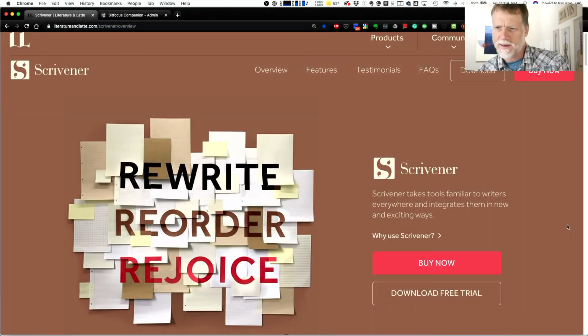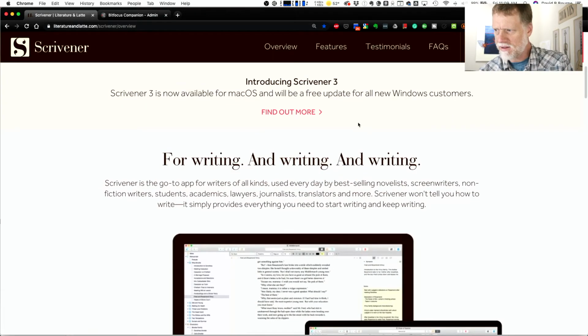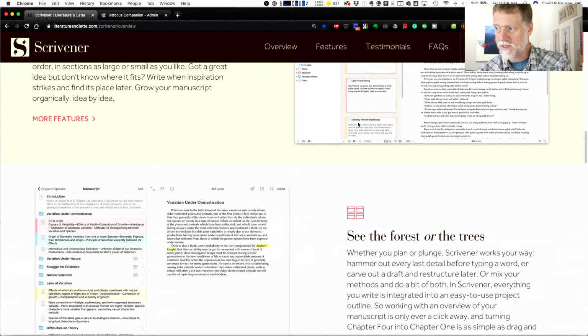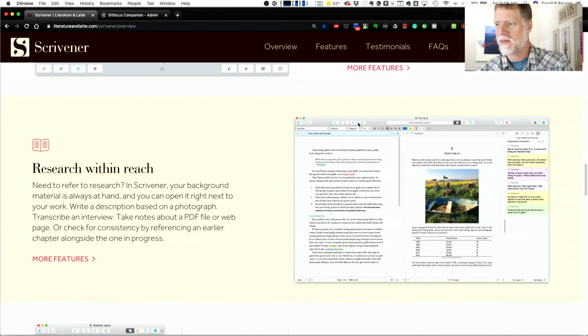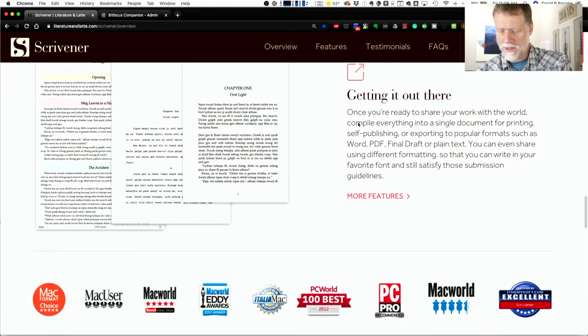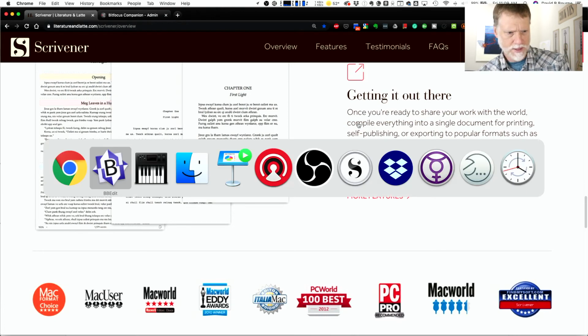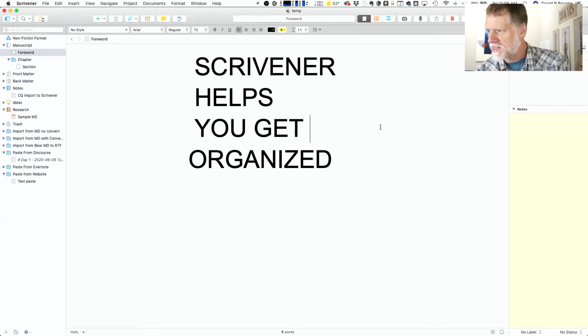So Scrivener, whenever you look into it, you're going to have to ask yourself, is it really worth the effort to go and learn all this? It is such a complex program, but it really does have so many features that authors need. So if you're writing a book, it is a really good choice. And like I said from the very beginning, the reason is that it helps you stay organized. So let's flip over real quick and just look at Scrivener itself. As I said, Scrivener helps you get organized. What I'm looking at here is